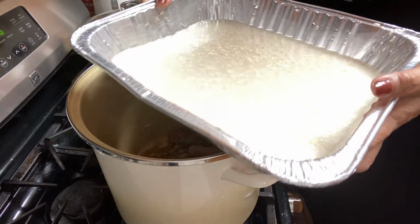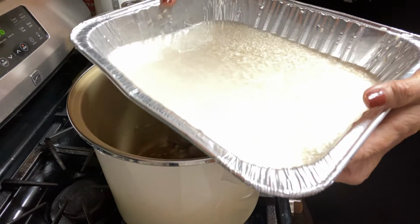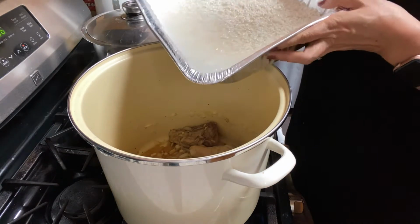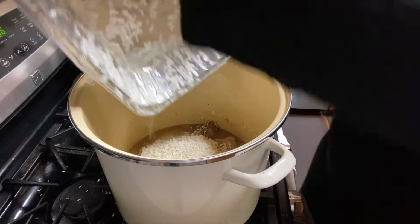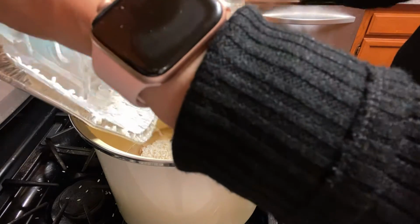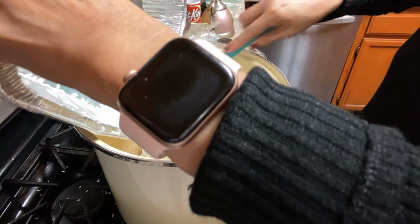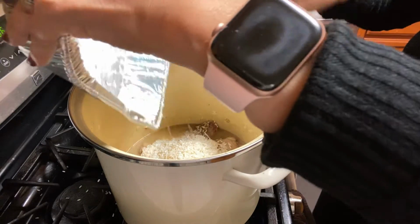The combination of the rice, I kind of put it in the water, is 3 cups, and then pour it here, right? You have to put it in the water. I just learned this too, a new thing. You have to put it in the water, just soak it with water. Okay,